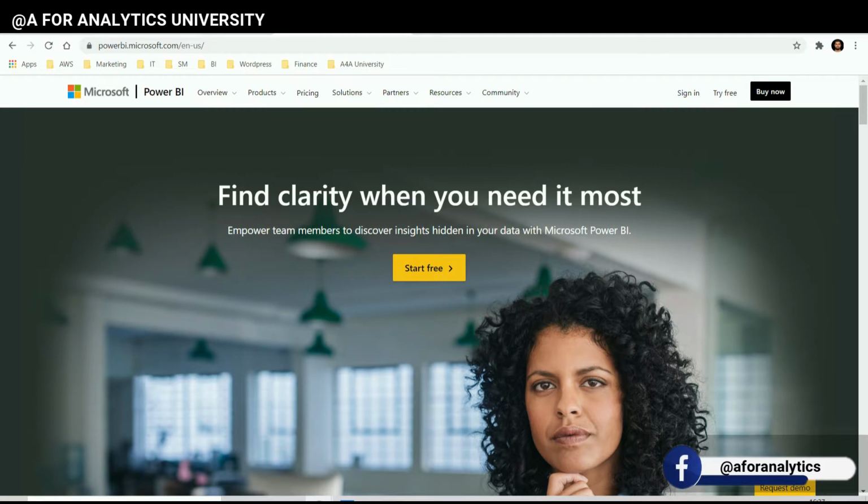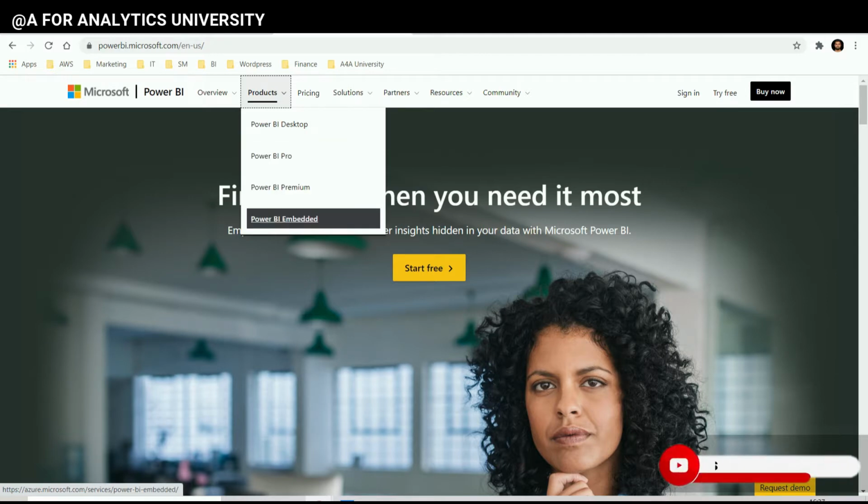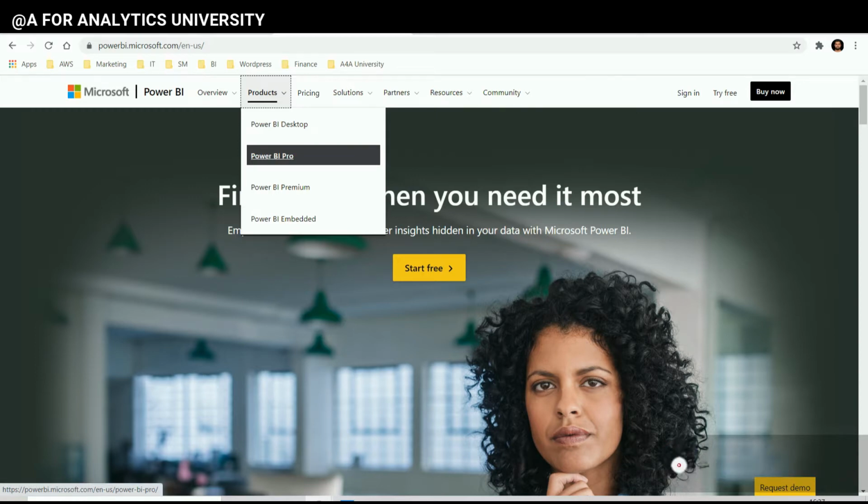Now, there are several products in Microsoft. The first one is Power BI Desktop. We already saw that, and I have made a video of it. The next one is Power BI Service. When you get into this link, which I put in the description, and get into the product, you will see Description, Pro, Premium, Embedded. Power BI Pro is a user license. So when I click it,